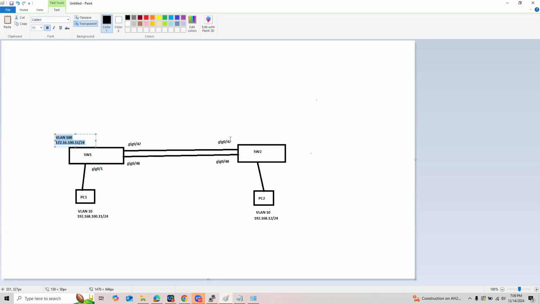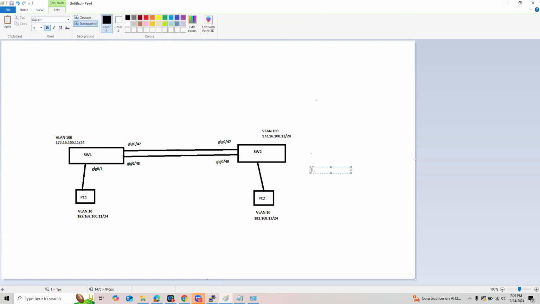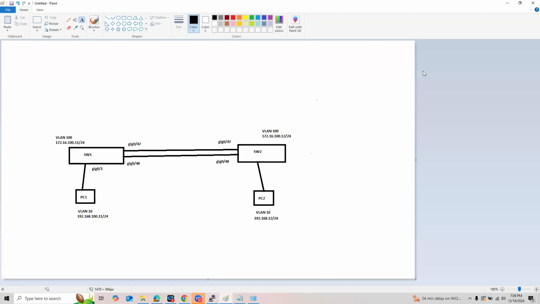And then another switch, switch 2, sorry, will be assigned with that as well. Right. So that's it. Switches are in VLAN 100 while the PCs are in VLAN 10. Okay? So let's do this.